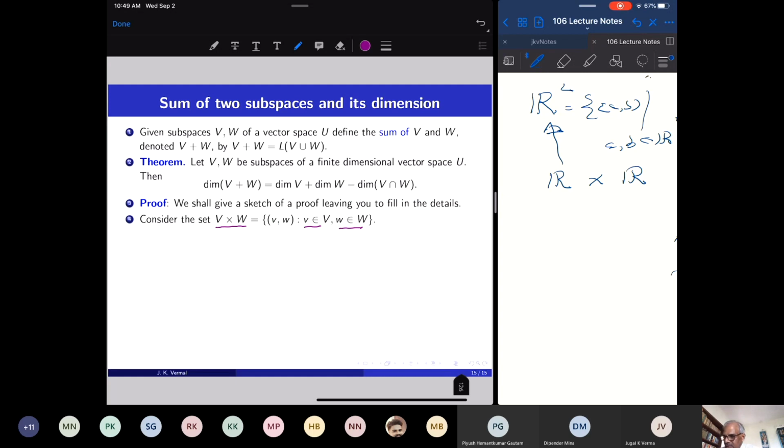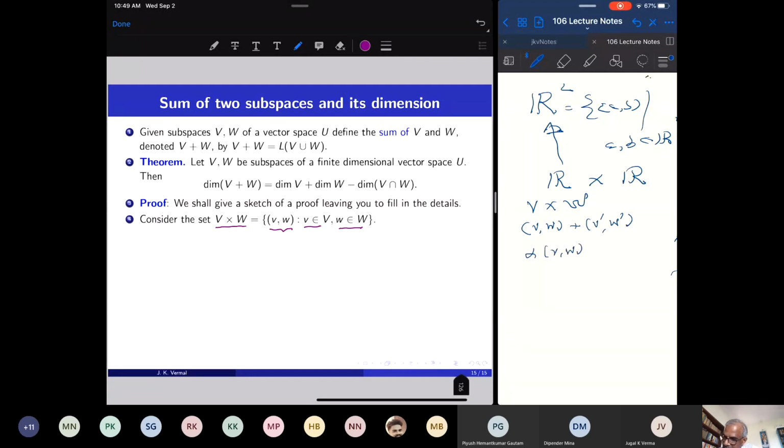Okay, I get R2. So similar construction is being done here. I have these two abstract vector spaces V and W. Then I make the ordered pair (V, W), and this is a vector space. V cross W is a vector space. So in order to make a set into a vector space, I have to tell you what the addition is and what the scalar multiplication is.